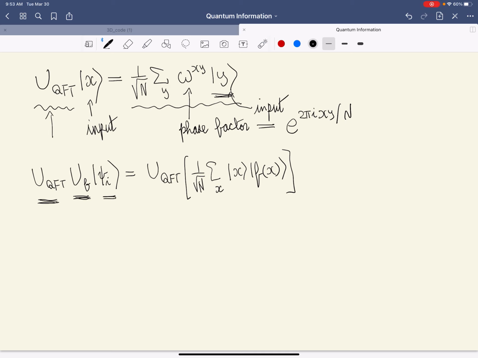And UQFT, let me remind you, acts on the input state, it does not act on the output state. So the result of doing the quantum Fourier transform on this input-output hybrid state is, let me move to the next line,